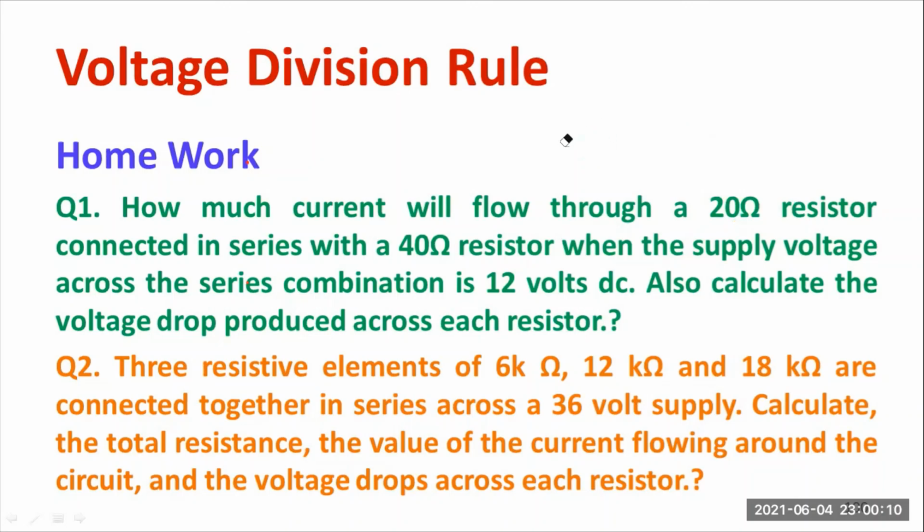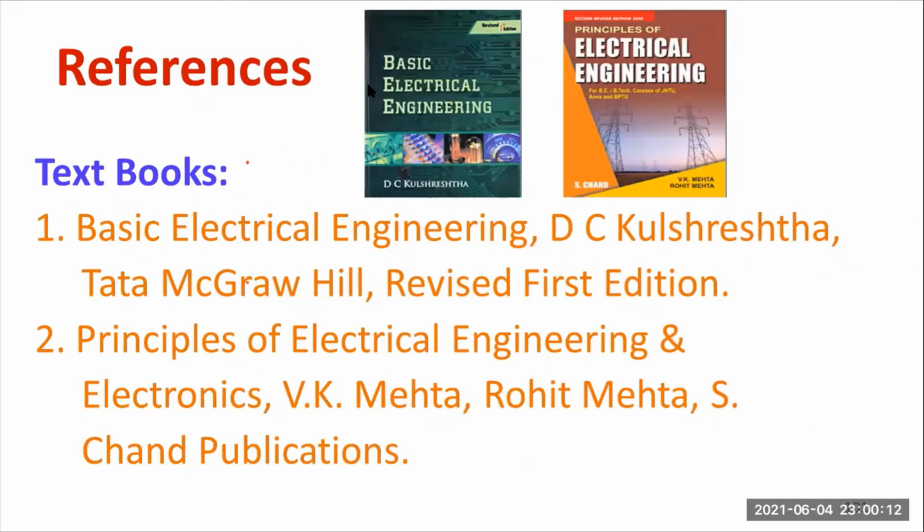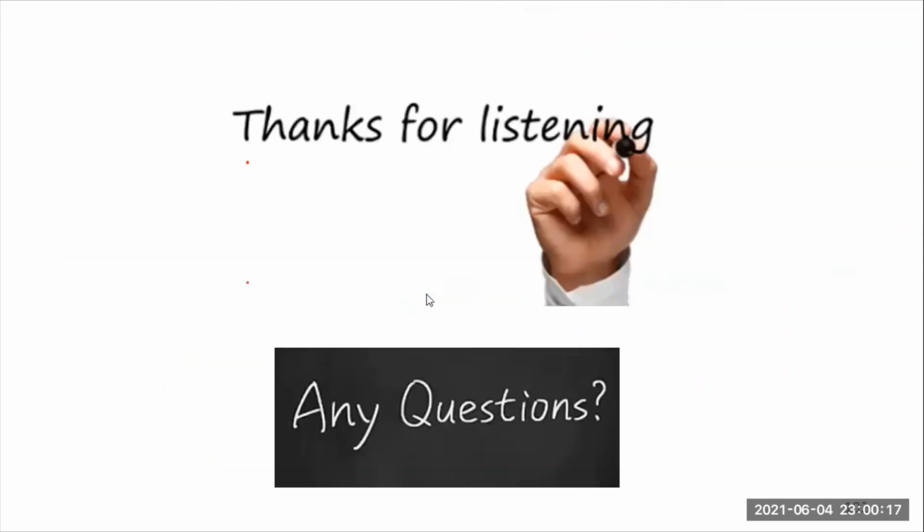Okay, so let me conclude. You can refer to the following textbooks. I have collected the information from the following textbooks. In this session, I have discussed how to apply the potential division formula or voltage division formula. It is applicable only for series circuits. And I have discussed applications also, for example the potentiometer, which is one of the best examples. Likewise, you can apply it for different types of devices like biasing of transistors, etc.